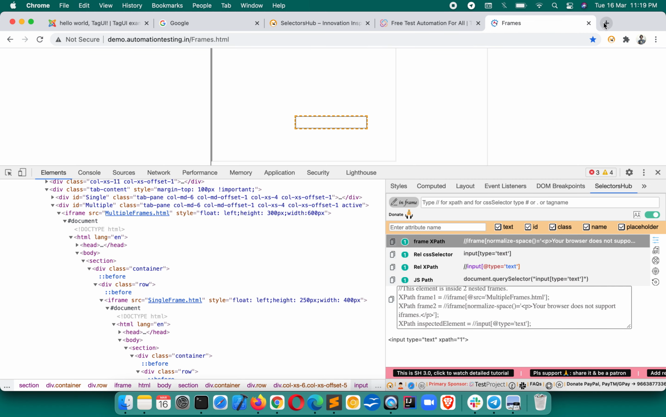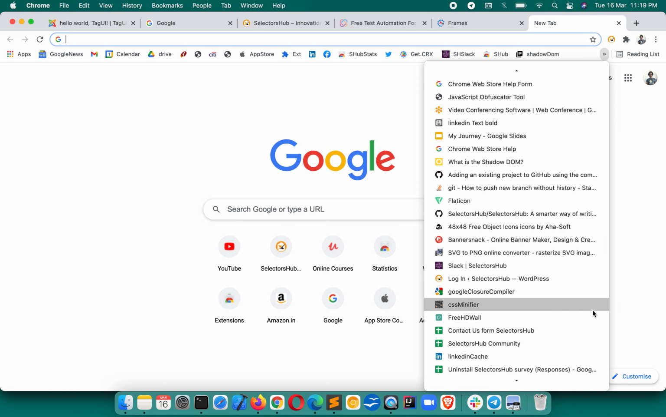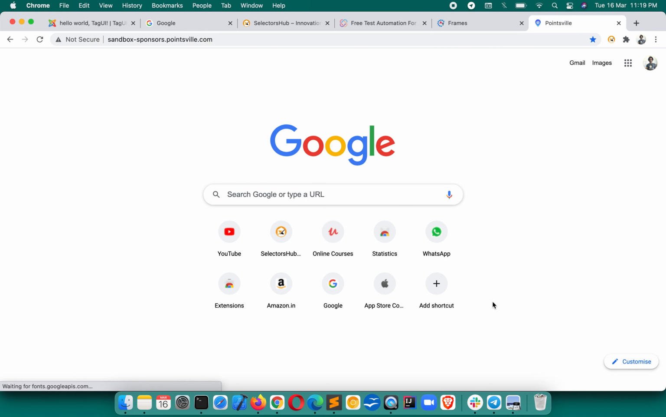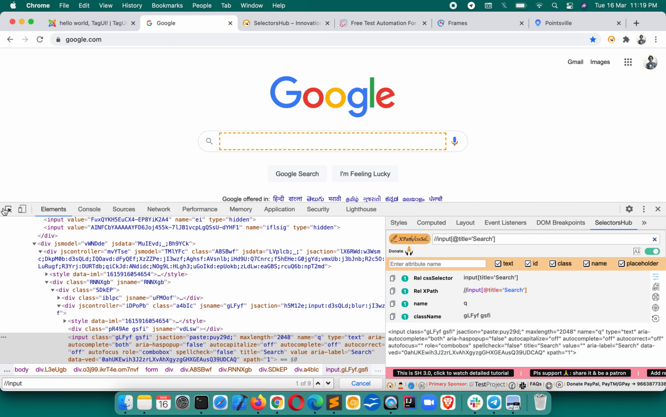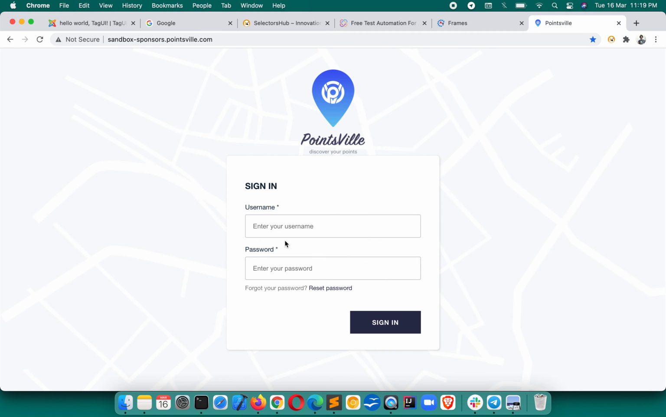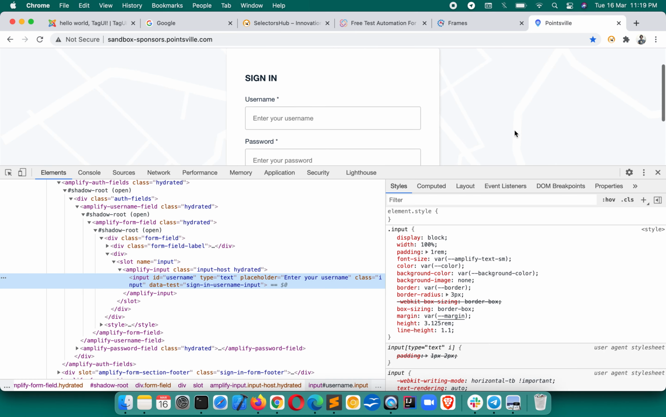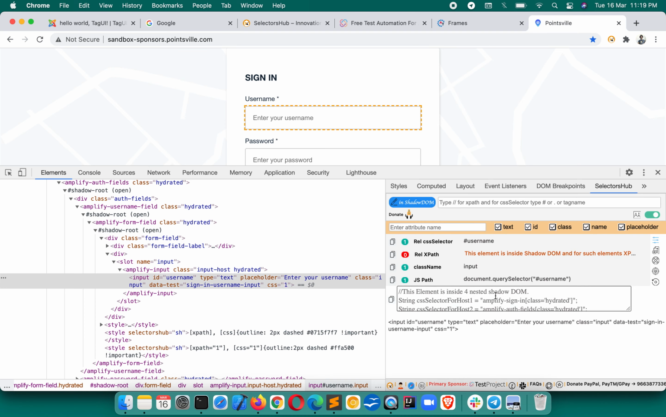If you inspect any element which is inside shadow DOM, this will give you all the details of that element which you inspect. Which is actually not possible with the help of browser dev tools. Like if you inspect here with the browser dev tools, it will not even be possible to verify selectors for shadow DOM elements. So that you will also learn from here. You just open SelectorsHub, it will tell you everything, like this element is inside 4 nested shadow DOMs,